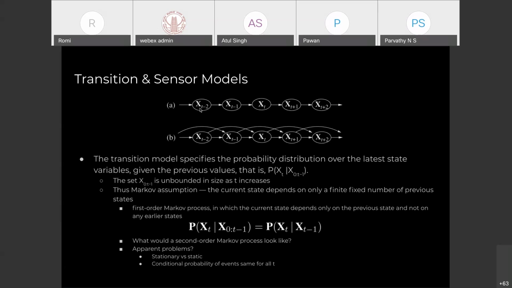Okay, and this is an order 2 Markov model because I'm considering a little more. In order to arrive at this prediction, I take in 2 more inputs. Okay, so this is a second order Markov model. This is a first order Markov model. And this is how it all looks like.